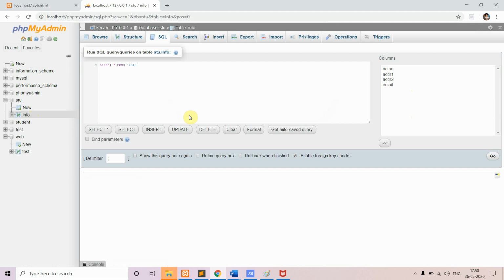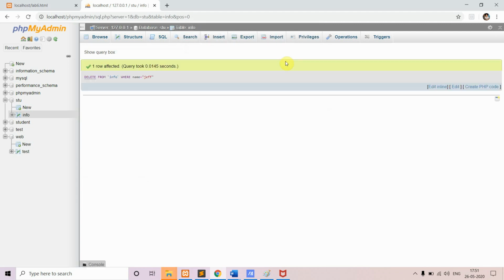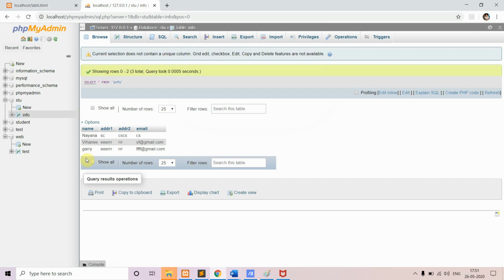So I'll click on this and select delete. Delete where name is equal to Jeff. When I click on go, you can see now, in info, previously you had Jeff here, and that is removed now.